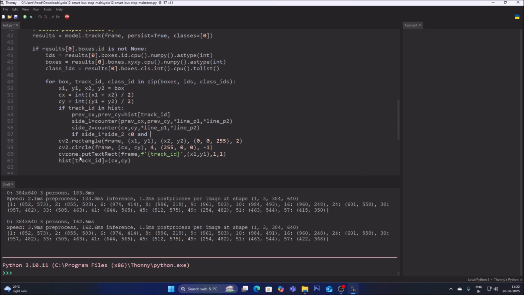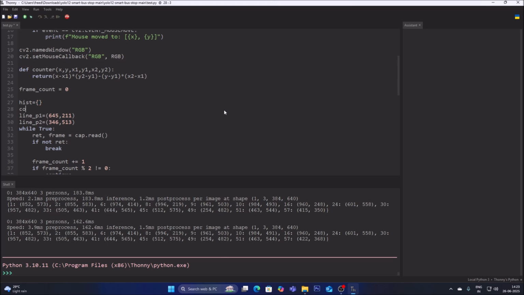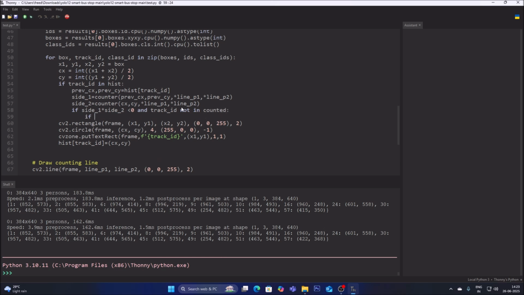Now friends, we know that we are saving the ID inside hist, but we don't want to count the IDs which we already counted. For that we will create a set called counted. So we have here our dictionary hist. After that, let's create counted, for those IDs which are already counted. So counted is basically a set. Done. And then we will say if side 1 multiplied by side 2 is less than 0, and the track ID is not in counted, then we will create again